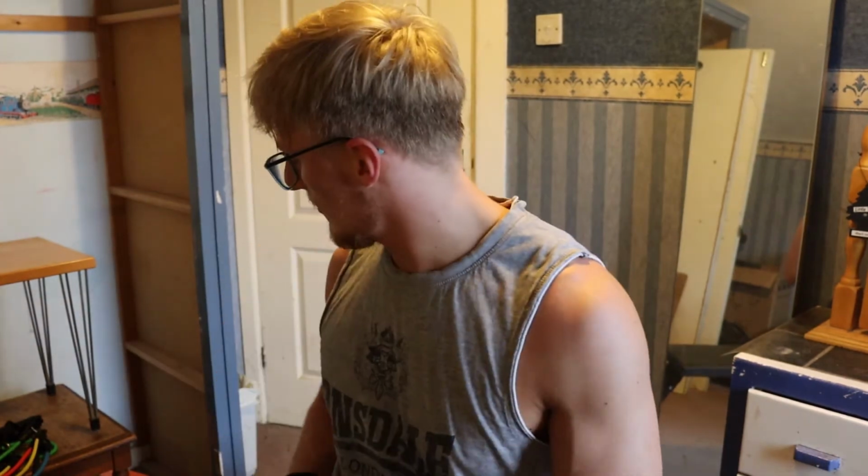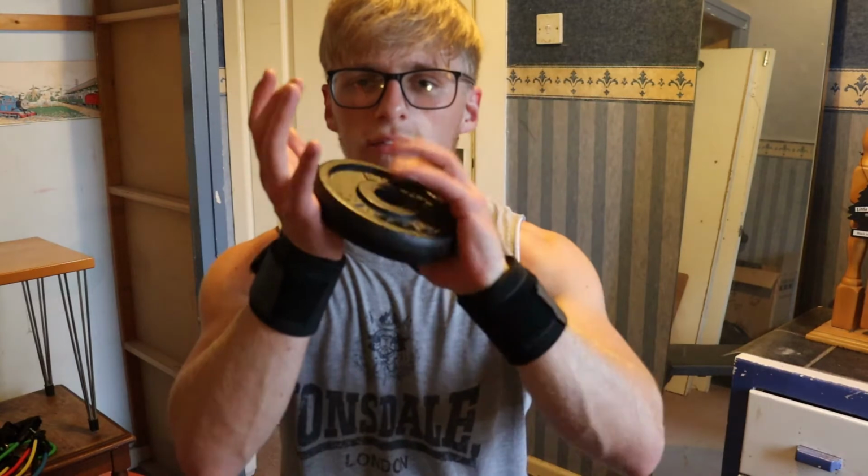Right then guys, so moving on, my second favourite exercise to do, and I believe it is one of the most effective when trying to target the back and latissimus dorsi in particular, is overhead latissimus dorsi raises. So for this exercise, for the demonstration and the technique, I'm going to show it with a 2.5